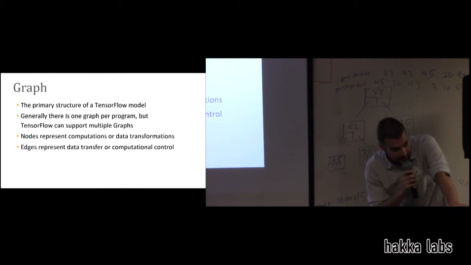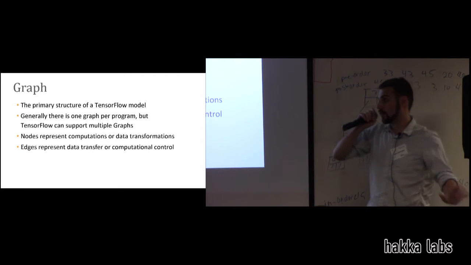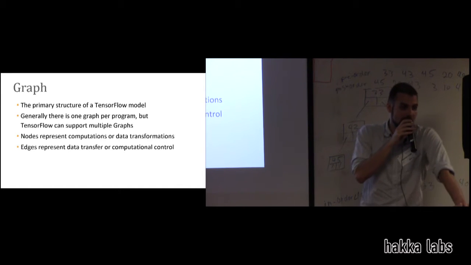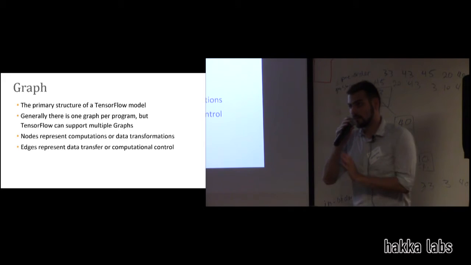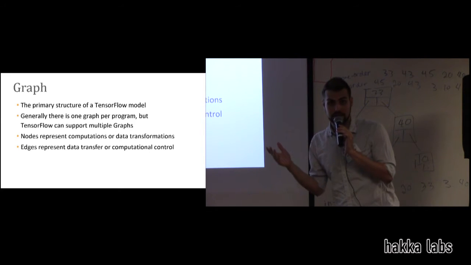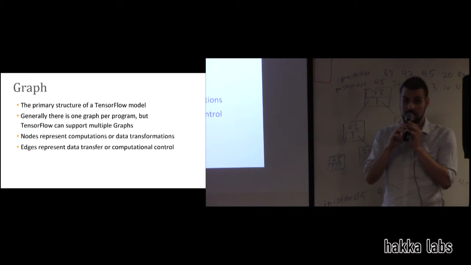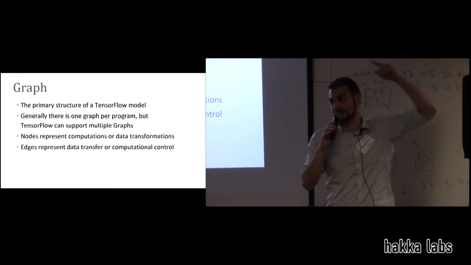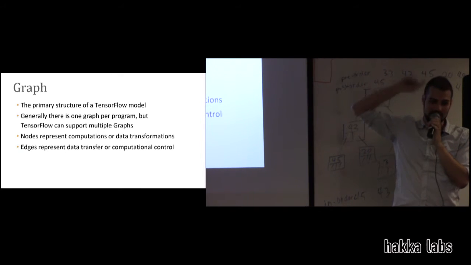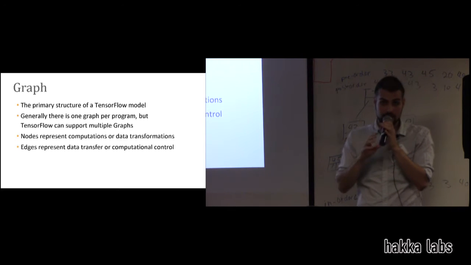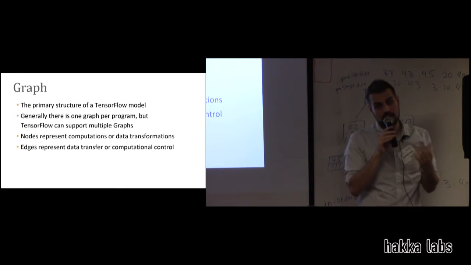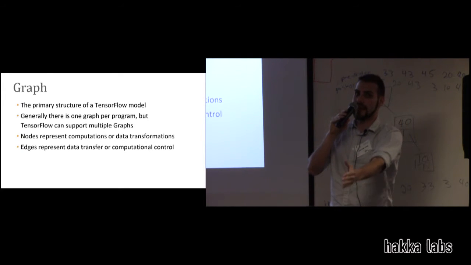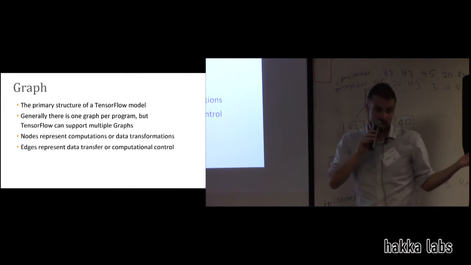All right, so let's talk about graphs. So at the core of everything is the graph, right? It's the primary structure of TensorFlow. And in general, when you're making your own models, you're only going to have a single graph that you're dealing with. But you should know that TensorFlow is capable of handling multiple graphs. And that may or may not come up later. But you should know that it's possible to run multiple graphs, and there's no reason not to. In fact, you can think of one big graph as being able to be split in half and being 2 separate graphs, if you'd like, right?